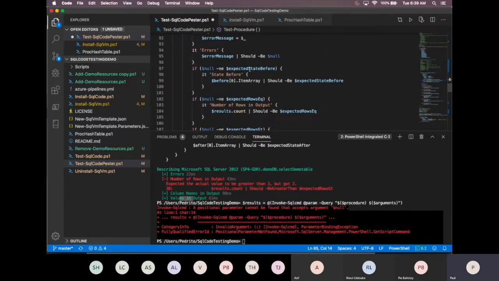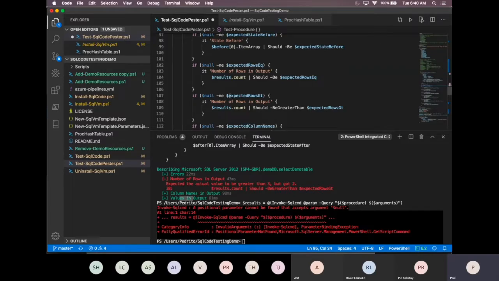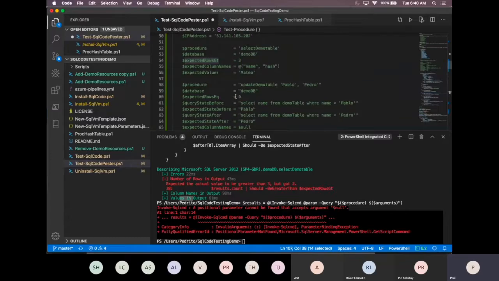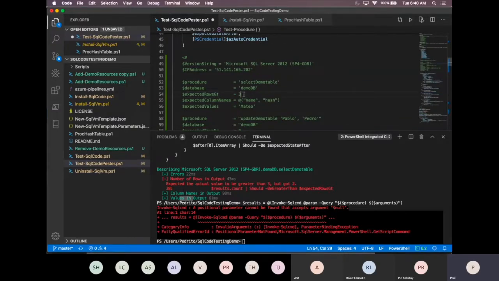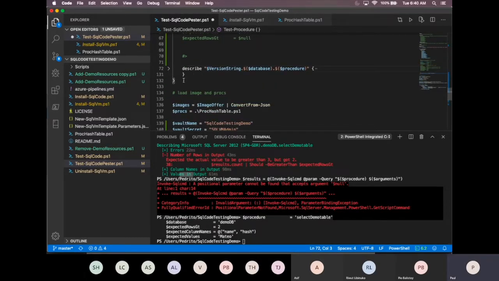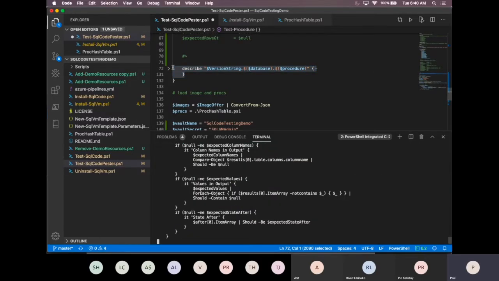So when I check for errors, I compare the result with what it should be, and if it's not null, it gives me errors, and then this is the expected rows. So the reason it failed on the test is because I put 3. So let's say if I put 2, because I only get 2, so I initialize this again. And then if I run my test again,